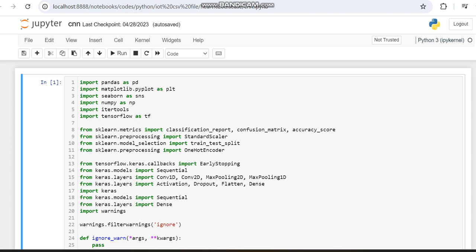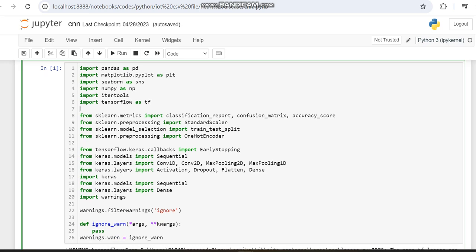Hello all, today in this video I'm going to provide details regarding CNN with a new optimizer. Previously we have worked with some other optimizers, and we are going to make a demo for that and also make a comparison. For that, initially we are importing the libraries which are needed, and then we are loading the data set,